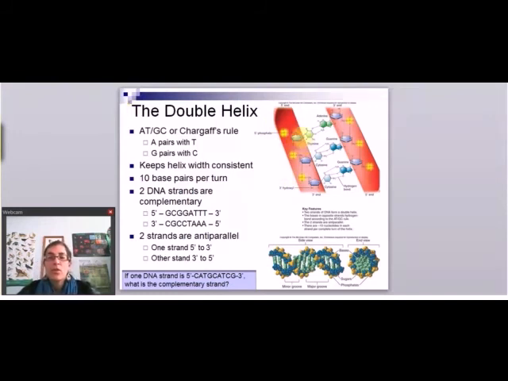So you have your sugar phosphate backbone. So notice phosphate, sugar, phosphate, sugar, phosphate, sugar, and then on the other side, phosphate, sugar, phosphate, sugar, phosphate, sugar. And then in the center, you've got your bases hydrogen bonded. A's and T's form 2 hydrogen bonds. So A has two hydrogen bonds between it. G's and C's have 3 hydrogen bonds. So that's why you'll see 3 lines here.